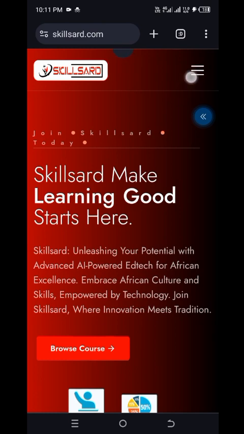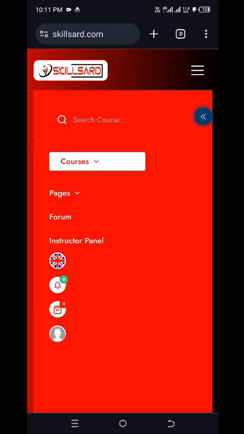again. So click on this menu right here. You see the instructor panel. Now you will not be seeing the instructor panel if you have not made a request to become an instructor. So in this section you see become an instructor if you have not done it. You just click on become an instructor, scroll down, read the information, scroll down, and at the bottom you see become an instructor. Then you fill your form, submit your application. But right now, since this user is already approved to be an instructor, you just need to click on instructor